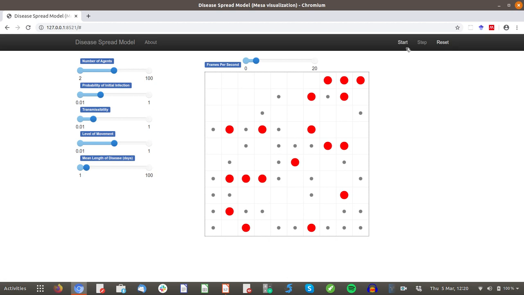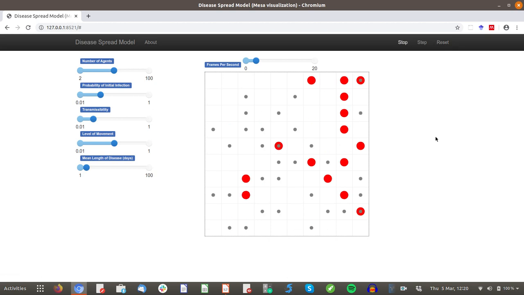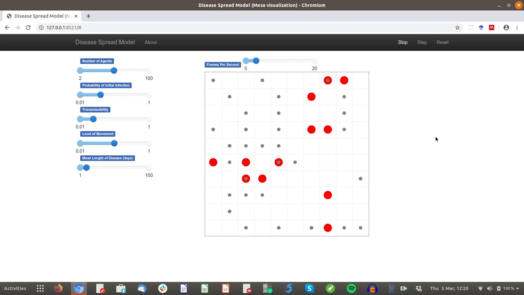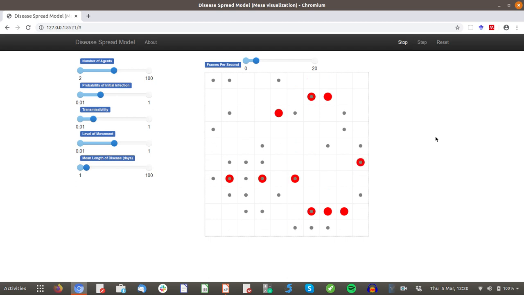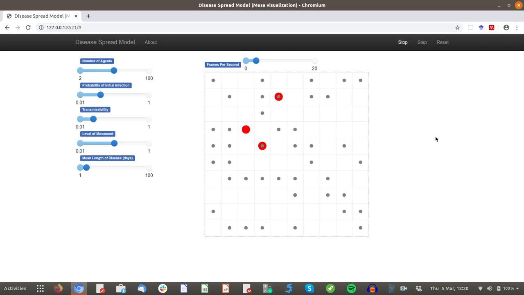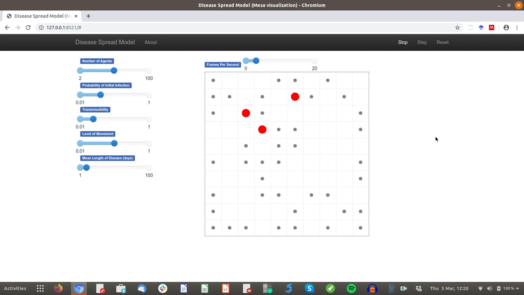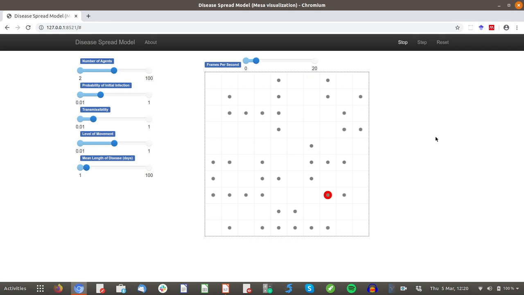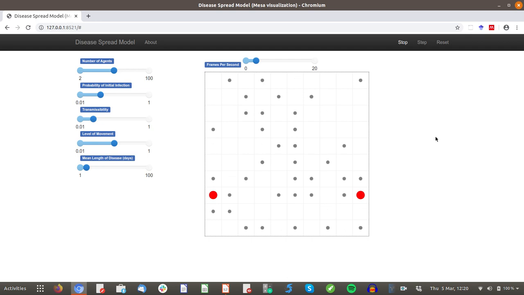So if I then click Start up here, you can see the model starts to play out, and we can see people randomly moving around the model and starting to become infected, infect other people, etc. Now here I'm running it with relatively low levels of transmissibility and quite a short disease duration by default. So we're getting a little bit of infection, but quite quickly this disease looks like